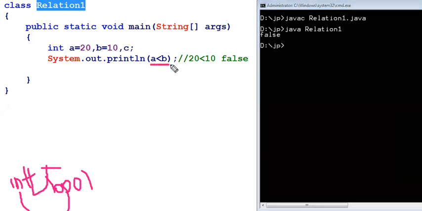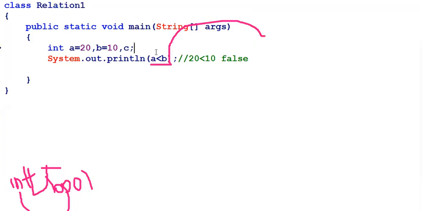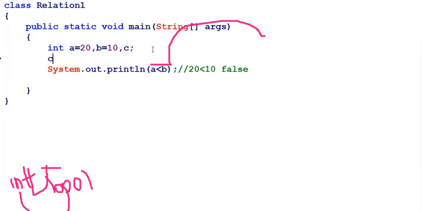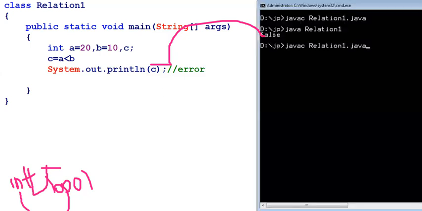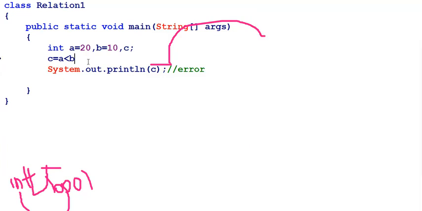The expression produces the value false. Sir, if you assign here, now I am writing the statement C is equal to A less than B. If you print C, what will happen, sir? Now it will produce an error. The error will be of incompatible type, which we can also see on screen. I change it, so now the C here. Okay, semicolon is missing. It's not a big error.